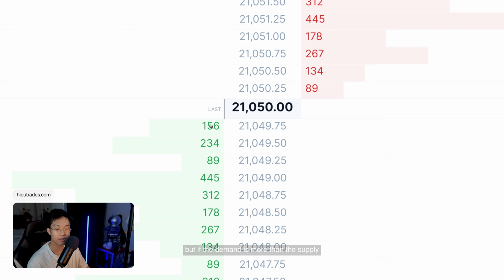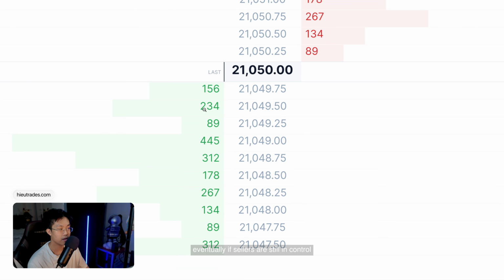But if the demand is more than the supply, so if aggressive sellers now have more sell contracts placed than 156, then this level will be consumed, and then the next best bid price becomes 21049.50 at 234 contracts. Eventually, if sellers are still in control, they will work through this, placing more than 234 contracts on sell orders, and then this level will eventually become consumed, moving on to